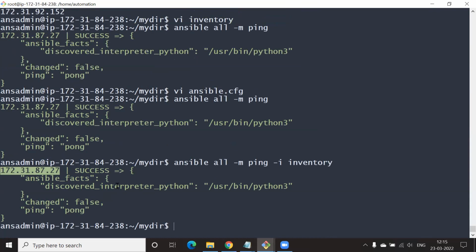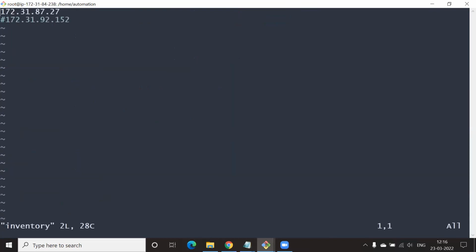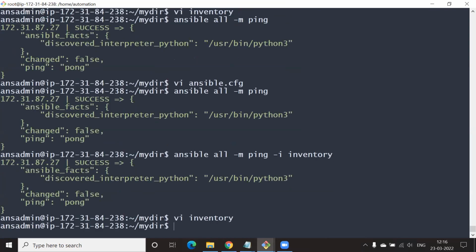Catching it? Yes. So just for sake of discipline, go back to the inventory and uncomment the second one. Second IP. No, uncomment. Okay. Sorry. Okay. Repeat the same.